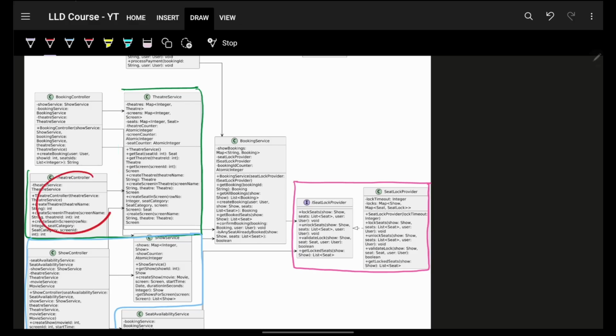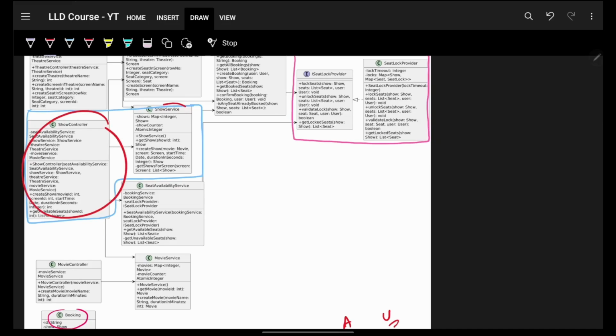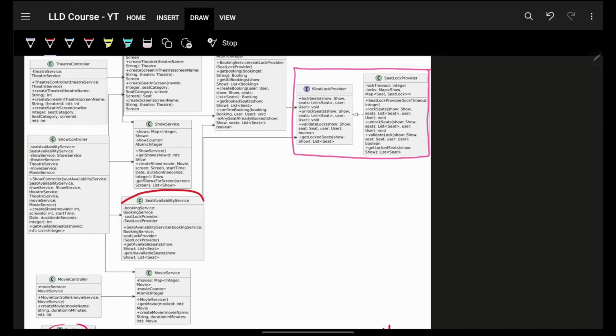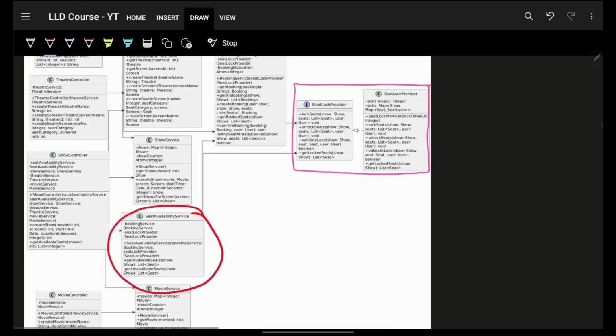Then I will have a theater controller and theater service, which will handle the making of theater, all that stuff. Booking will handle creating booking and all that stuff. Then I will have show controller and show service, same story. And then this is my seat availability service, which will handle the corresponding seats, what the seat availability is like,